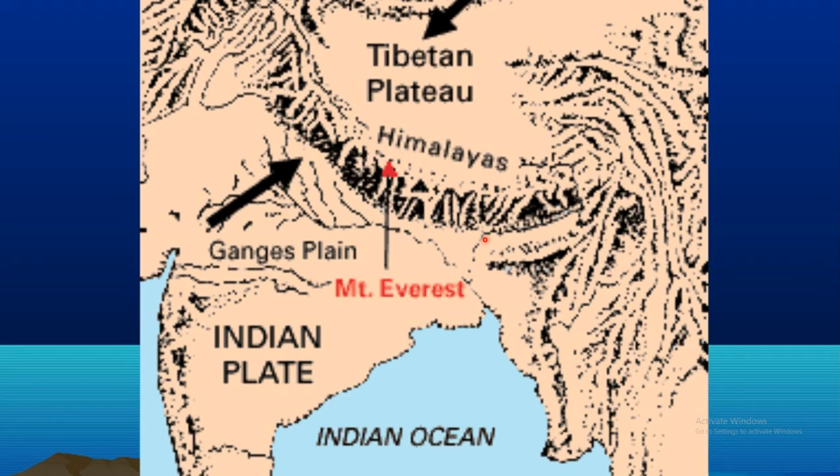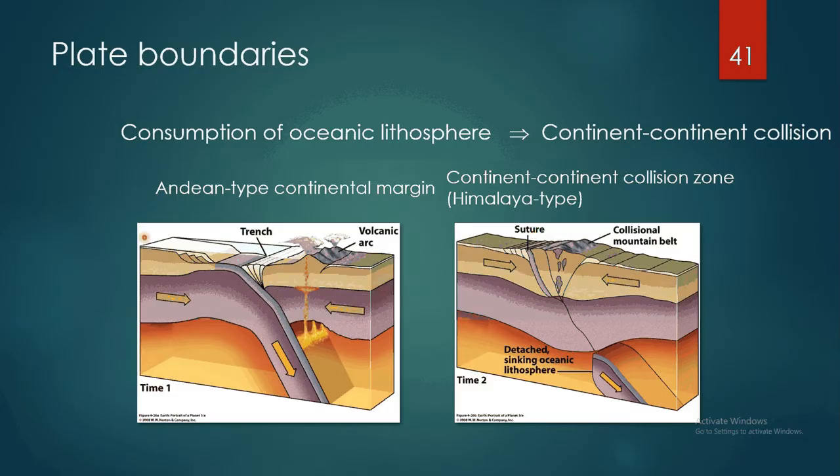Okay everybody, so we ended off with the last video being about the continent-continent collisions on your convergent plate boundaries. To recap, this is when those plates are moving toward each other, and in this case it's two continental plates. But this obviously didn't start off as that type of boundary. Before that we were looking at something like this, where the Indian plate was moving towards the Asian plate, consuming oceanic crust. So there was oceanic crust being subducted in that area,